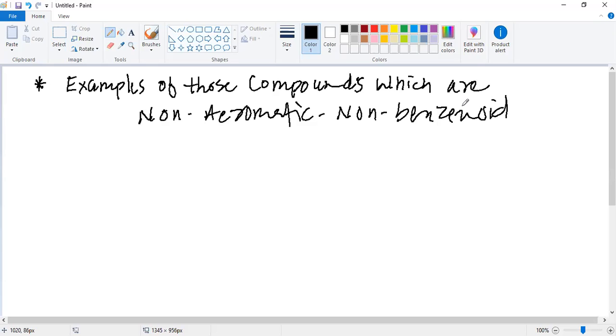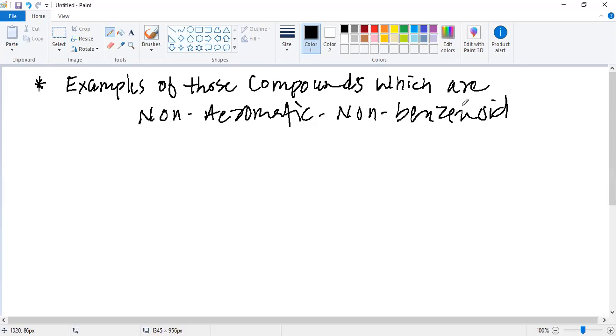I am just trying to confirm whether you can see the screen or not. That is my main purpose. Will you please read it for me? Can you see the screen? Yes, sir. So what is written? Please read it for me. Examples of those compounds which are non